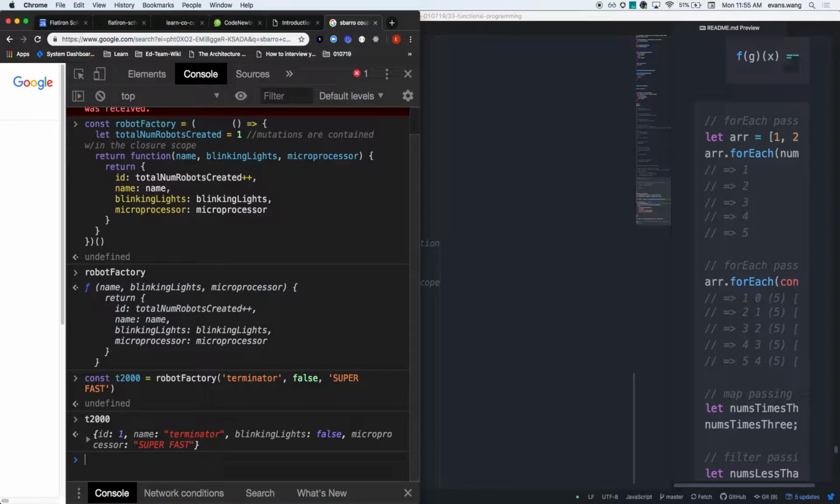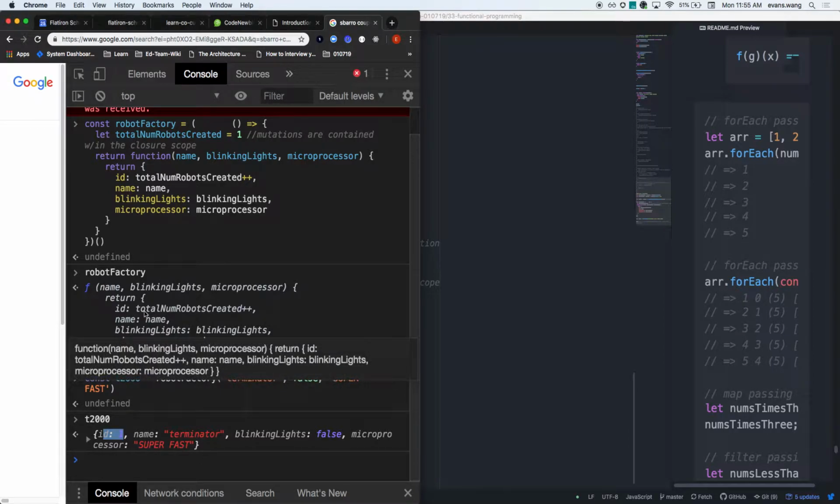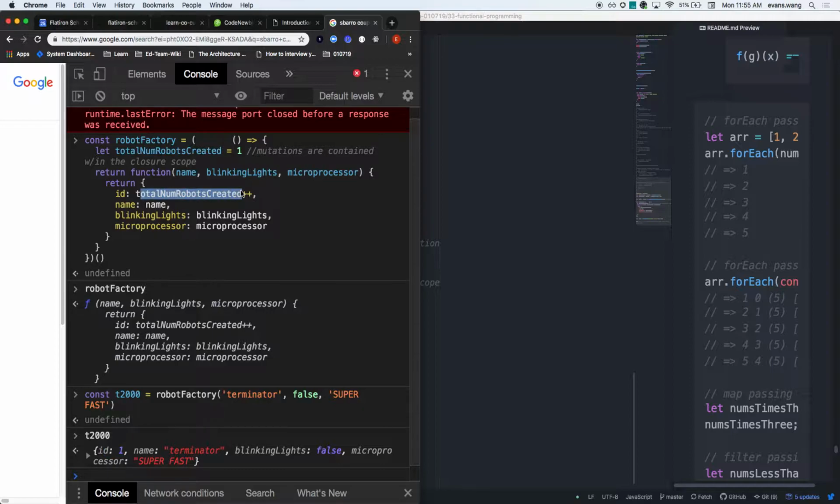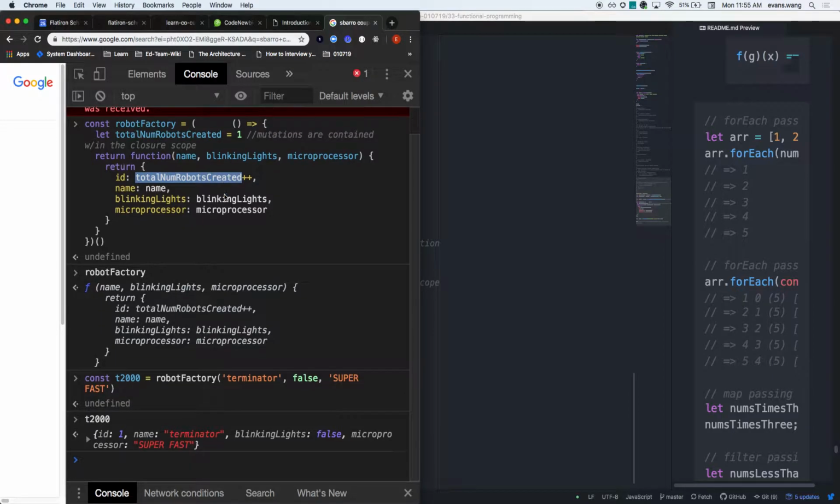Interesting. Where did ID come from? Total num robots created. We talked about closure, we talked about scope. So total num robots created actually has access to this variable, and at this point was 1. And then it incremented. Meaning the next time I call total num robots created, what should I get? Great. So if I were to invoke robot factory again with a T3000 and